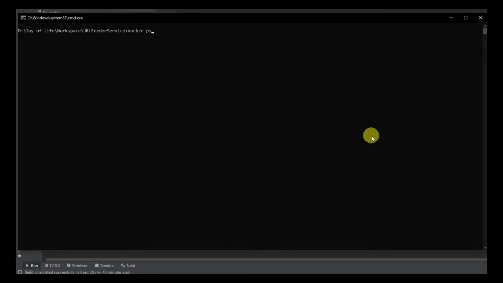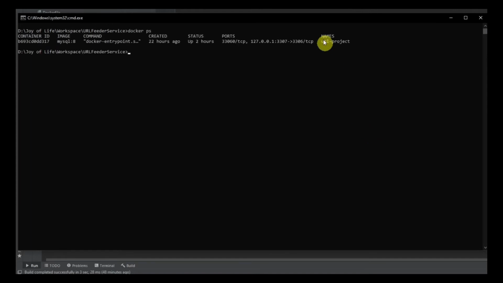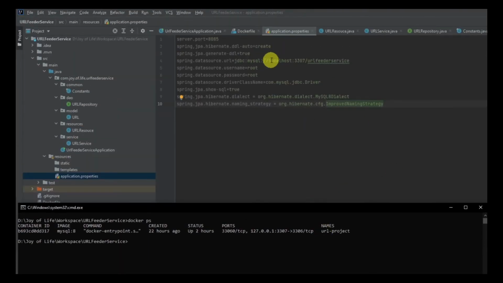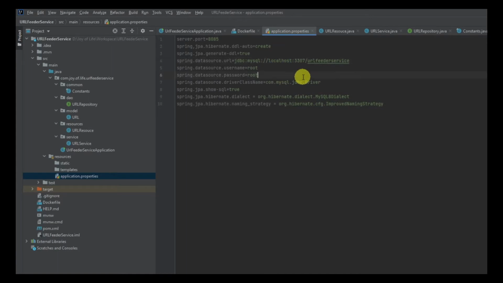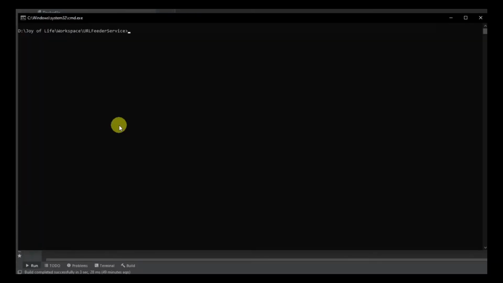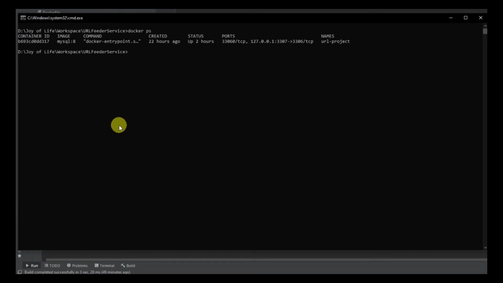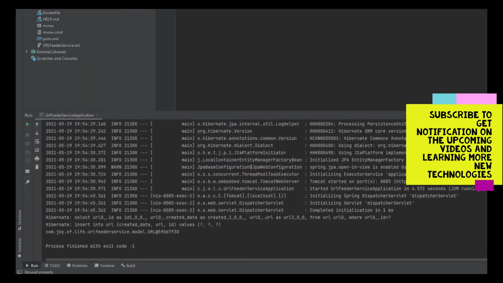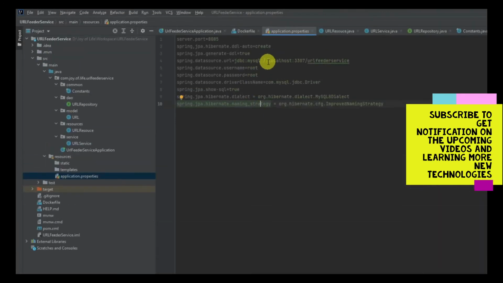So let's check on what are the images running. So we have the URL project, right? And if you remember that we have specified it as localhost, right? So this is not going to work. It was mapped to our local port, right? And it's not going to work over here. So we have our container URL project and we are going to inspect that container first. So once we inspect, we can see that it has been assigned with IP. So every container that we create has an IP. So we are going to use this IP instead of localhost that we have specified over here.